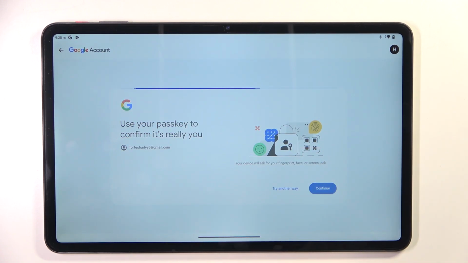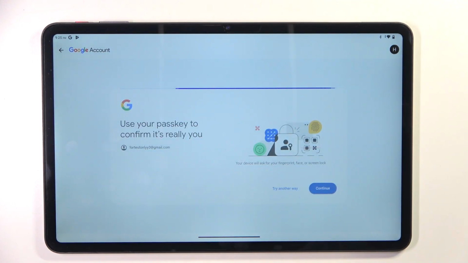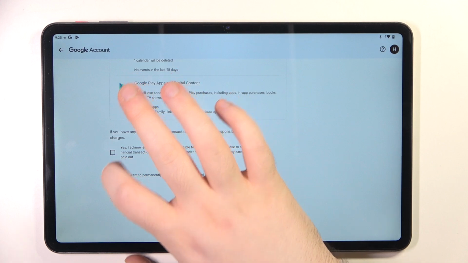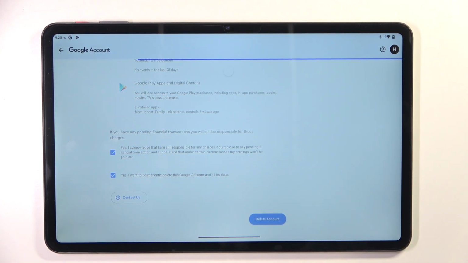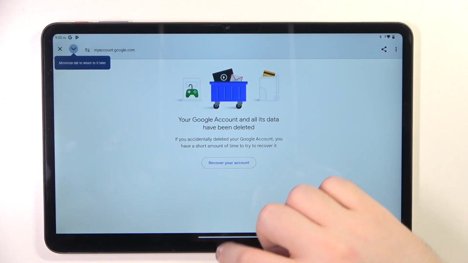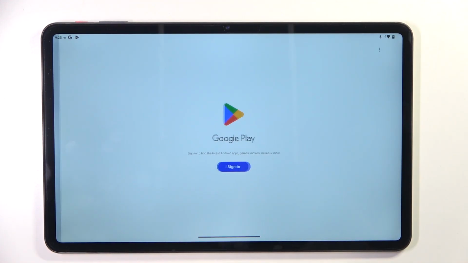Now click on Continue, and here you have to enter your screen lock. Now you have to scroll down and check these two checkboxes, then click Delete account. And now my account should be removed, so now let's go and recover it by opening, for example, Google Play